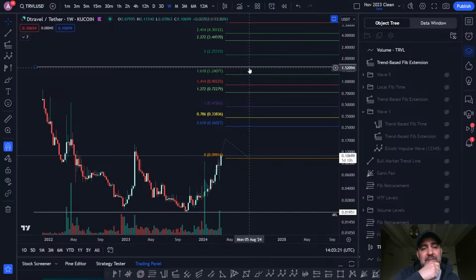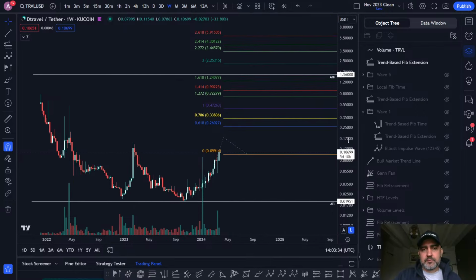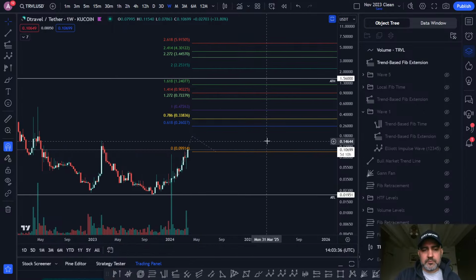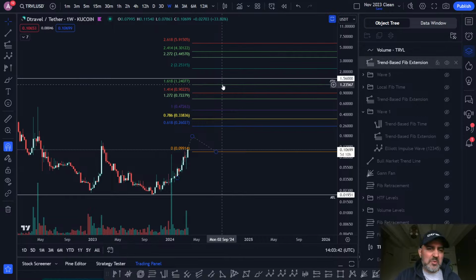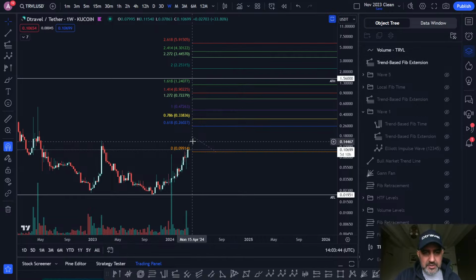Probably. You probably want to go all the way up to $2 on a wave 3. Up to the 1 to 2, 1 to 2. Or to the 1 point. If you go up to 1 point, if that's the correction,